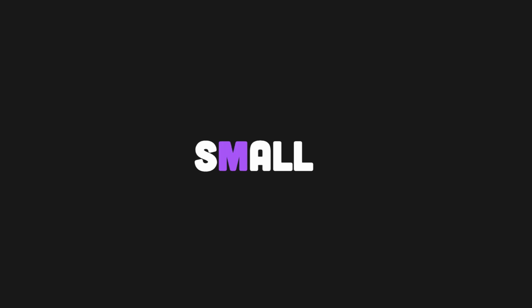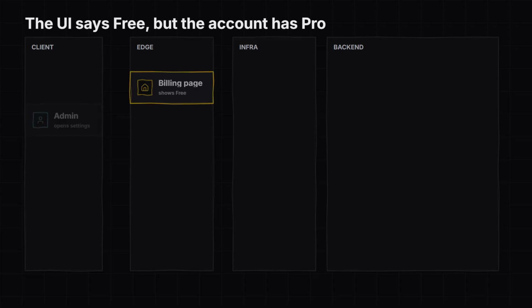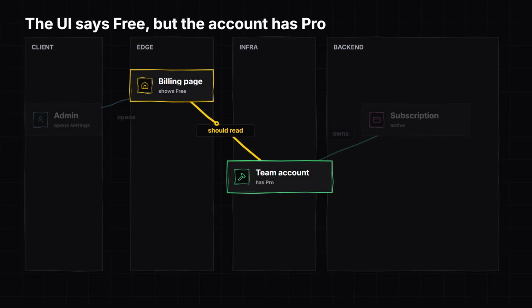Let's build a small coding agent setup for a real project. The example we'll use is a billing bug. An admin opens the billing settings page and sees the free plan, even though the team account has an active